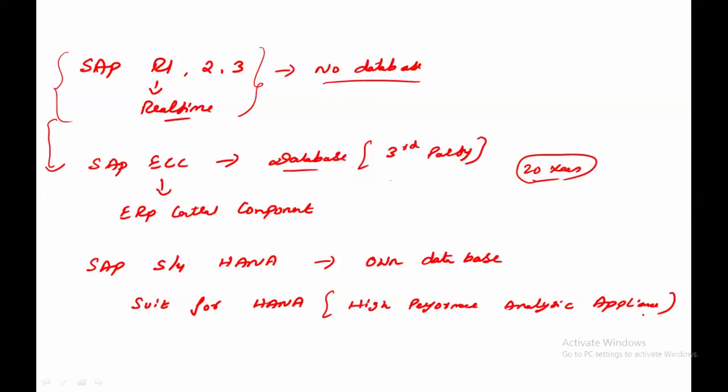If anyone asks in which version you worked, that depends on from which year you're showing your experience. I'll also mention the years. The first version was around 1980 to 1985. ECC was from 1985 to 2015, or you can take it as 2012. And S4 HANA came into the picture in 2012 and continues till date.